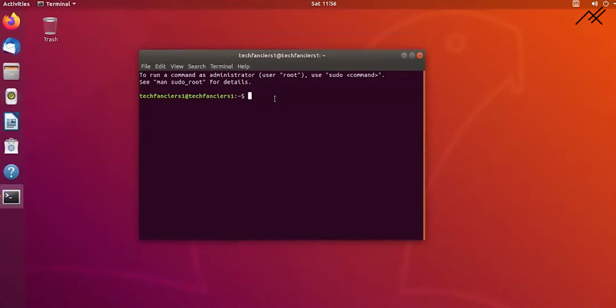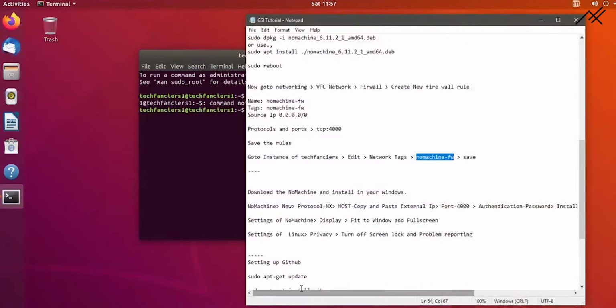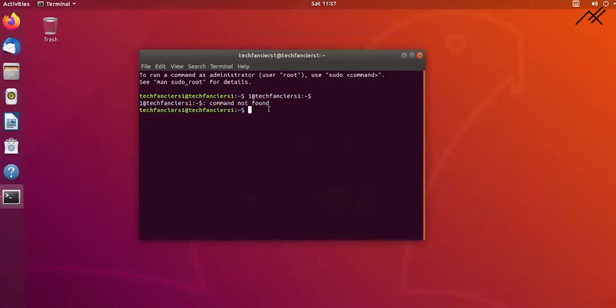Here you can't just Ctrl+V these commands. What you need to do is click the middle button of your mouse or right click and paste. As the form factor is in the cloud, sometimes when you copy the content it won't work.